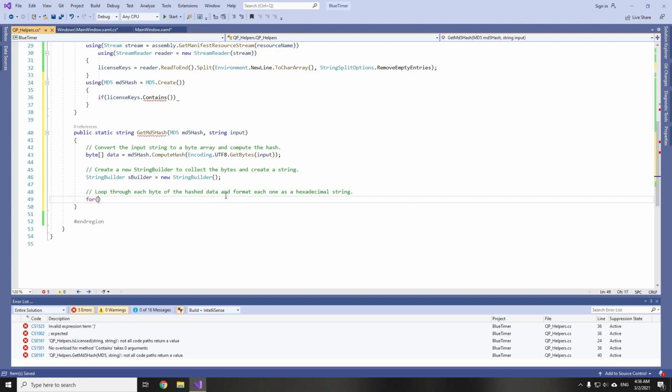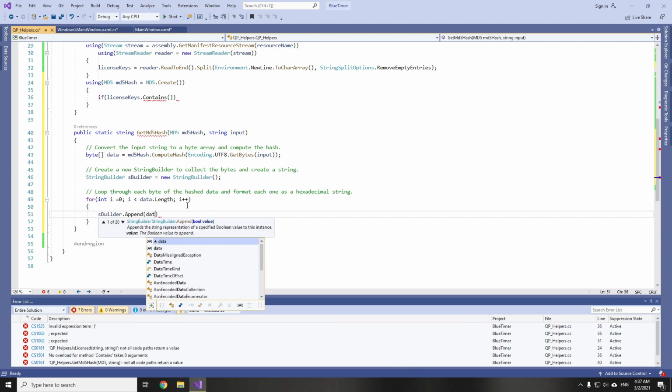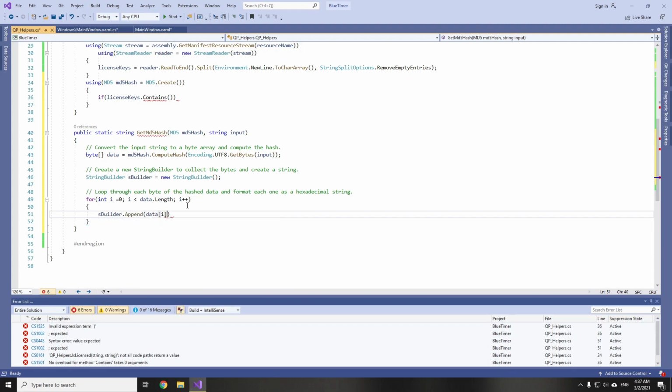So you create a loop. So int i equals 0, i is less than data length, and i plus plus on each iteration. So we access our string builder and call its Append method. And we pass here our data at the index and we convert it to string.